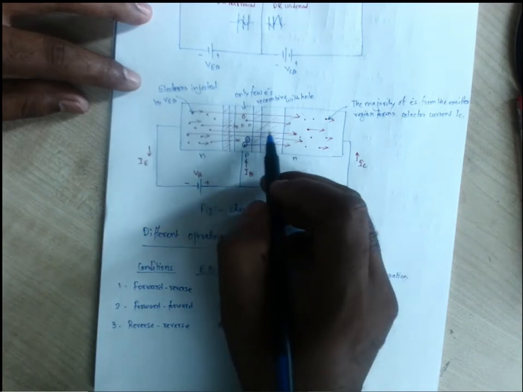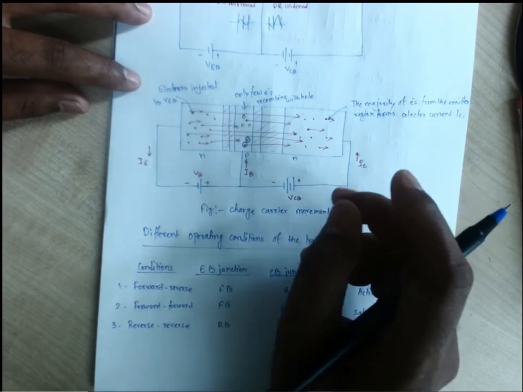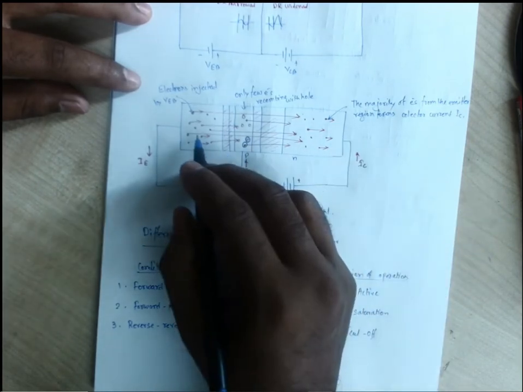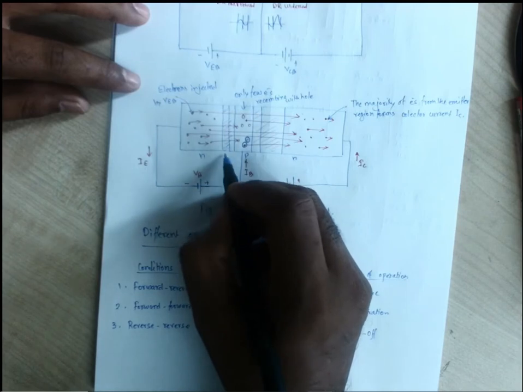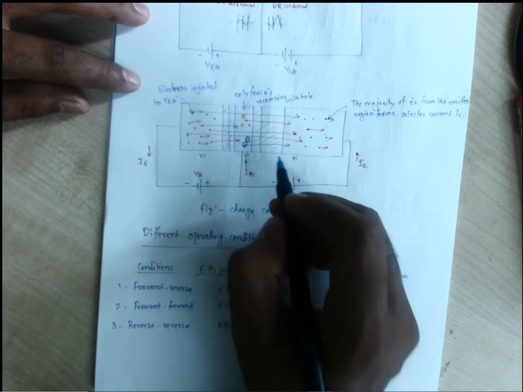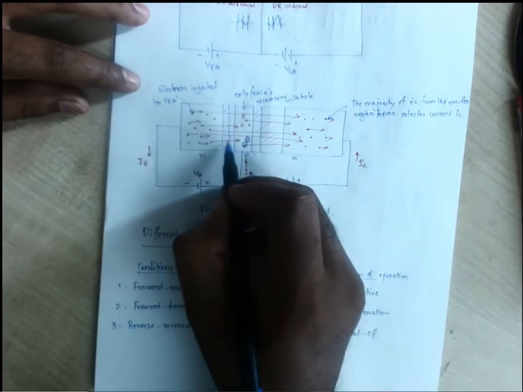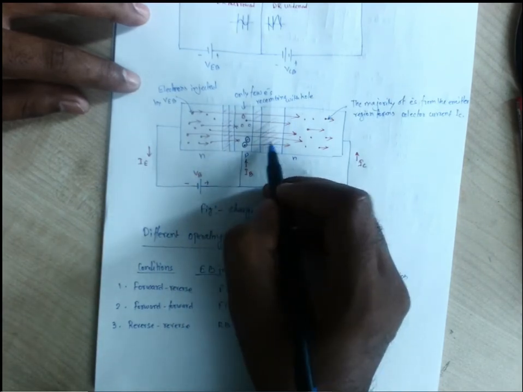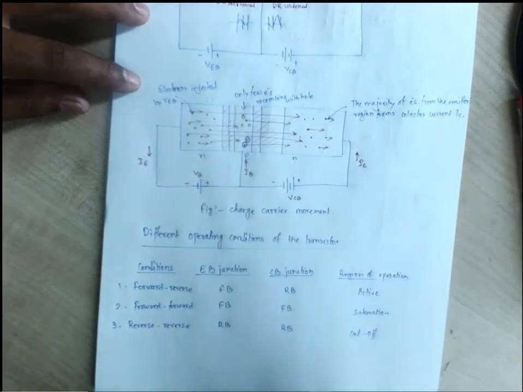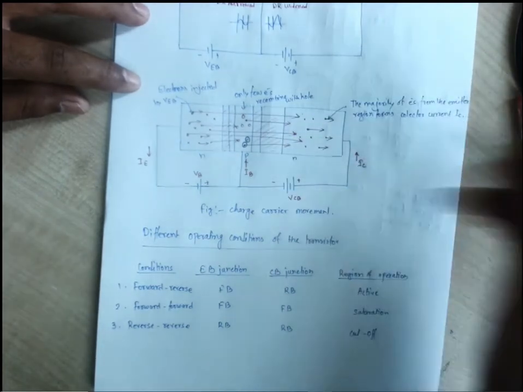So how can we recognize this obstruction? These obstructions are known as resistance: how much resistance has been provided for the charge carriers to move. The emitter base junction has a small amount of resistance due to the forward bias, and due to the reverse bias, the highest amount of resistance has been provided. So the charge carriers first find low resistance, then a higher amount of resistance. After coming out of this trauma, they are quite happy because they are now free